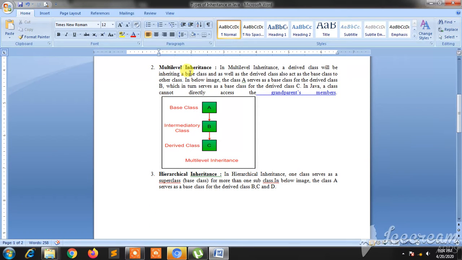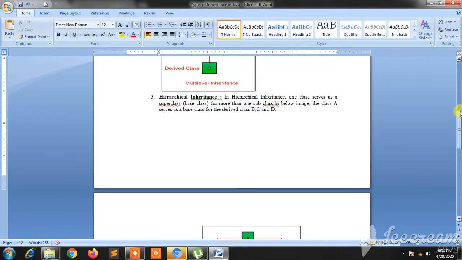Now similarly you have multi-level inheritance. As you can look at the diagram, we start with A as the parent class, or base class, there is an intermediate class B, and then there is one more class, C. The point to understand is that B is a subclass of A, and similarly C is a subclass of B. So there are different levels. One level is A being the parent of B, another level is B being the parent of C. If there is one more class, say D, D will be a subclass of C, which is a subclass of B, and similarly B will be a subclass of A.